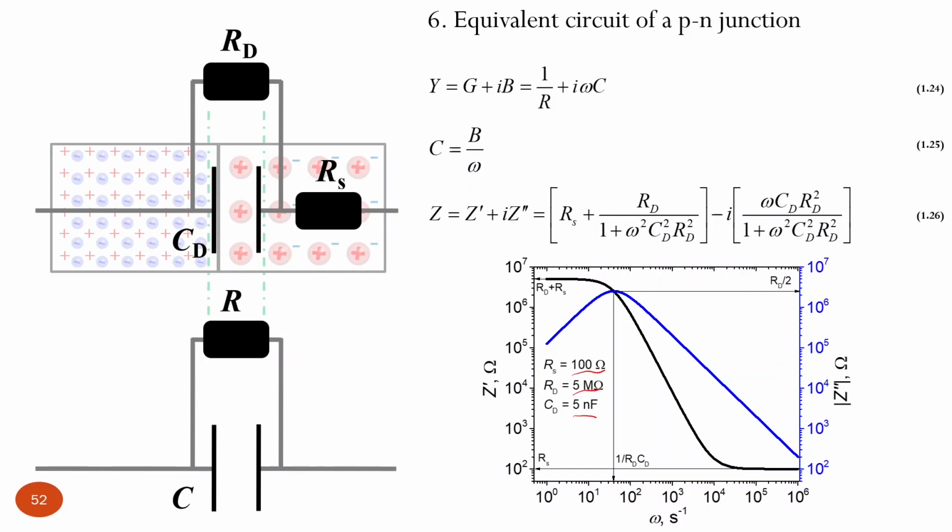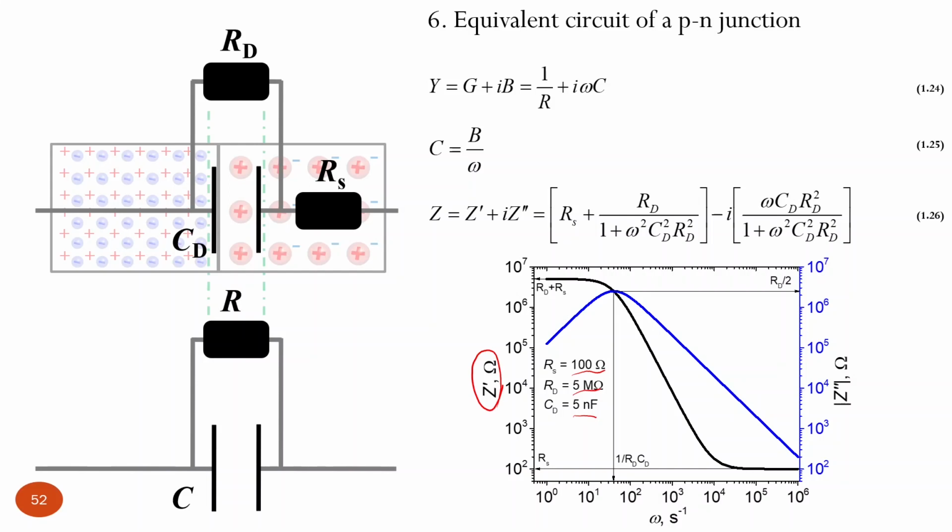You see that 5 mega ohms and 100 ohms is a 4 orders of magnitude difference. So indeed, it's way more conductive, but still not zero. So here, let's take a look at this black line. That is our real part, like Z prime, this guy